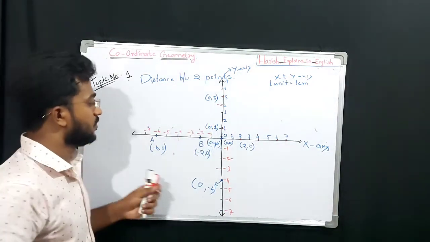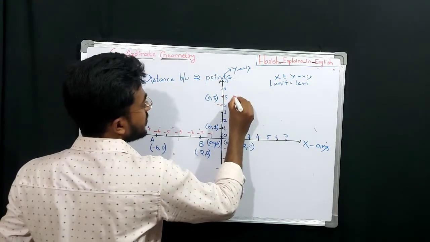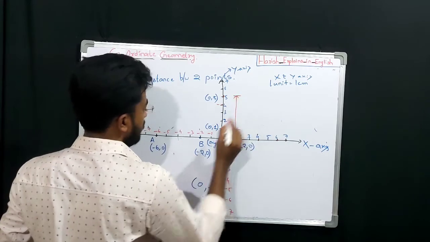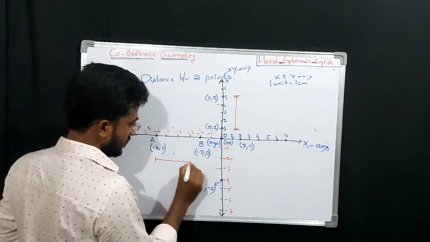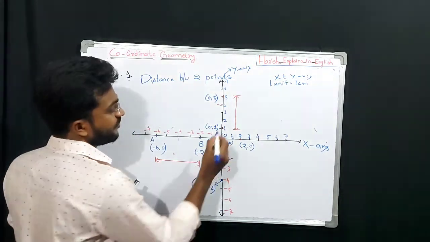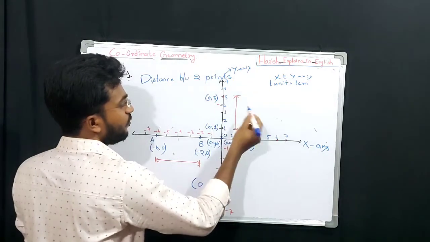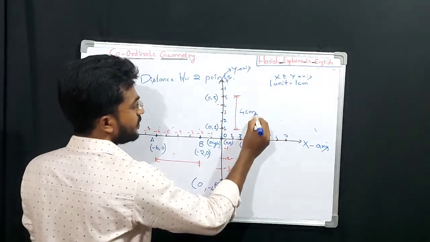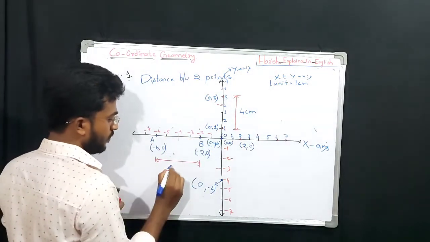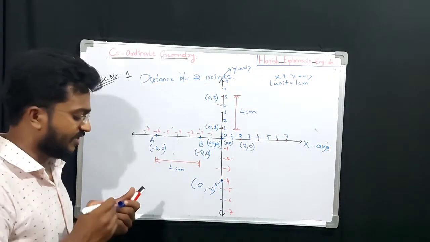Right? So let us find the distance between these 2 points. The distance between these 2 points is nothing but from here to here. What is the distance? And from here to here, what is the distance? Simply you can find it, 1 centimeter, as I told you. 1, 2, 3, 4. This is 4 centimeters. And what about this? 1, 2, 3, 4. Wow, both are the same, 4 centimeters. Simply you can find it like this.